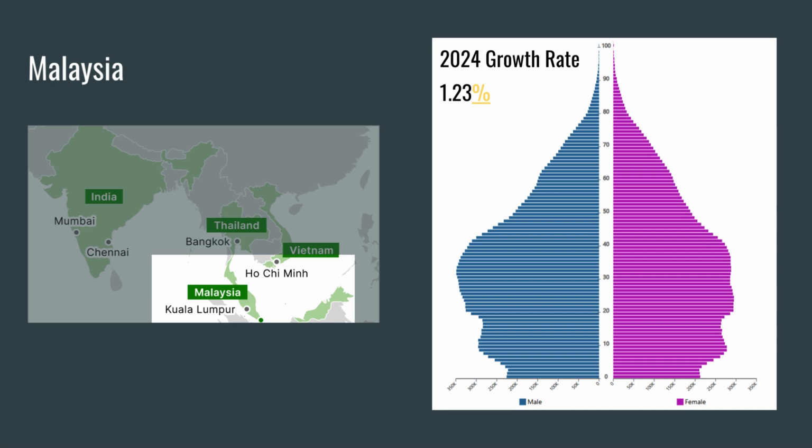When we begin to review each country individually, we'll see that Malaysia is a country that is broken up into both a section on the peninsula as well as a section on the island of Borneo. This is an important consideration for thinking about how we'll distribute goods and services even within that country. If we look at the overall population, we note that there's a higher number of middle-aged people than young people. And so though the growth rate is 1.23%, it does appear that birth rate is declining.